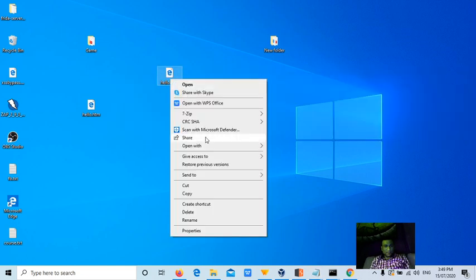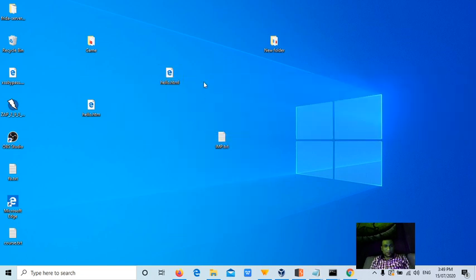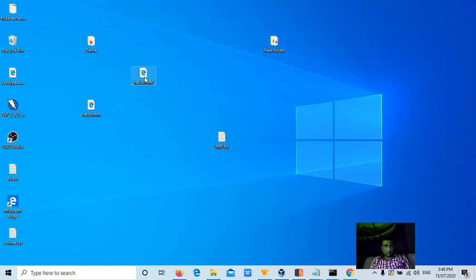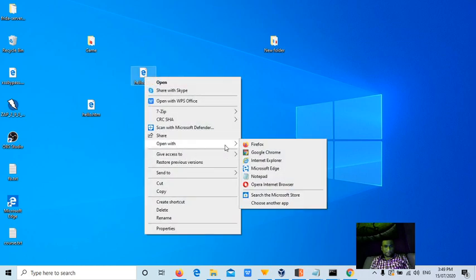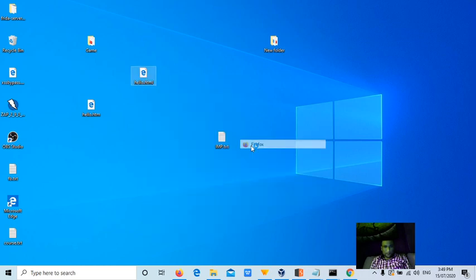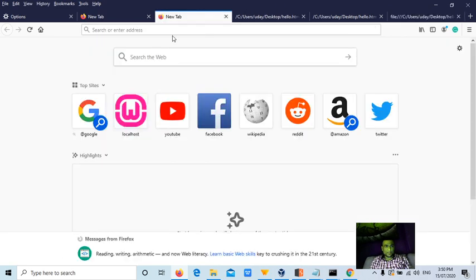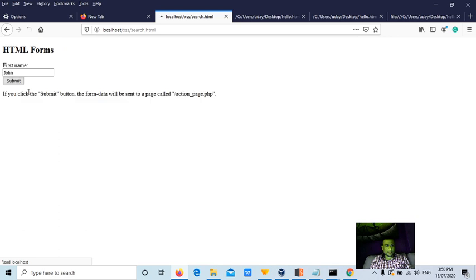Most of the times when we enter the payload, automatically the payload will be executed, but this one is showing a link. The victim has to specifically click on that link. For example, we'll try to open our website, localhost XSS.